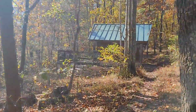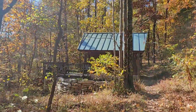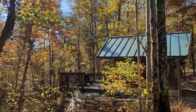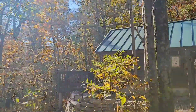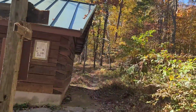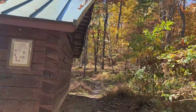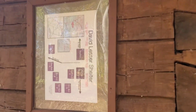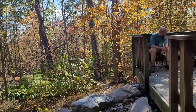And it's got a deck. How many shelters have decks? So, pretty nice shelter. Just 100 yards, 70, 50 yards off the trail. Well worth it to come down here. Got tent pads. We can go down and look at the water source is a ways away, and it is